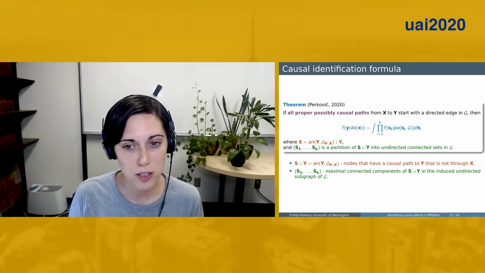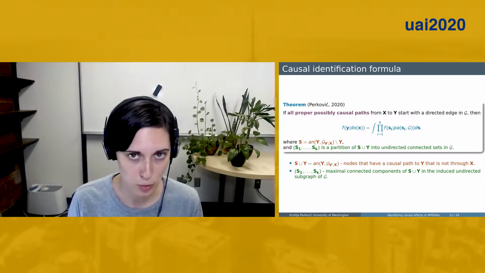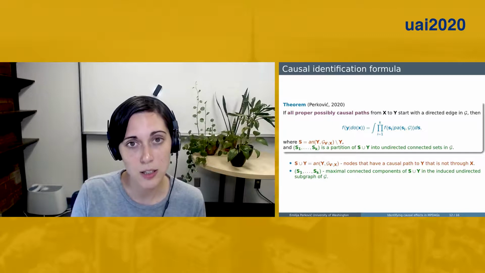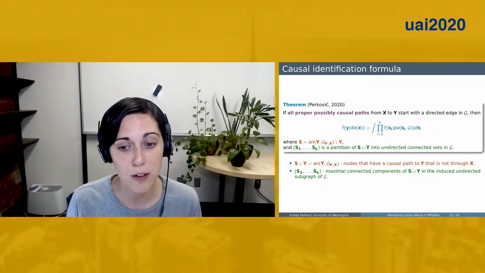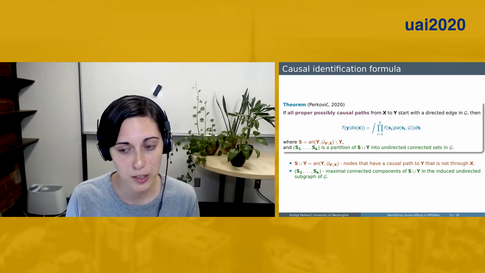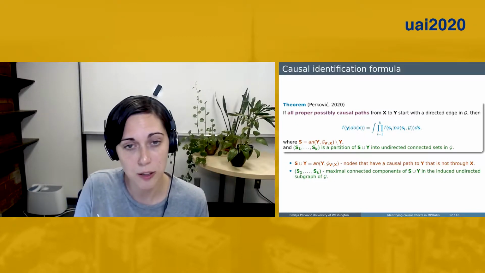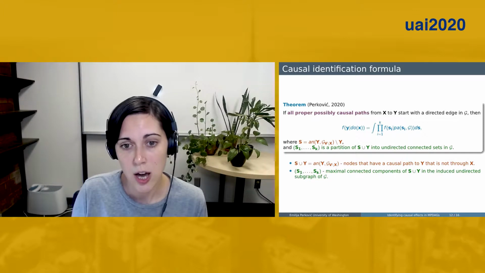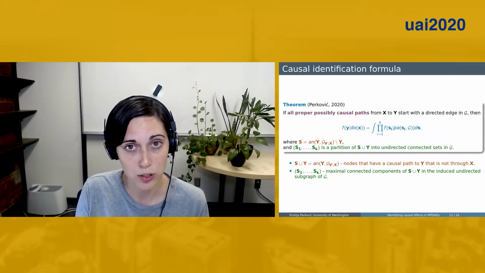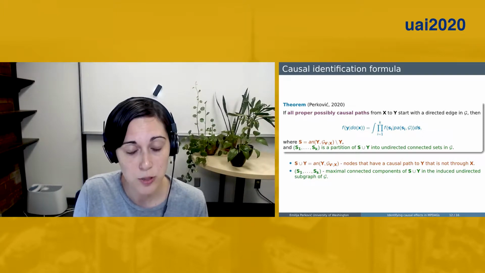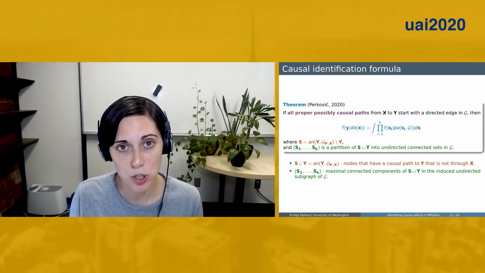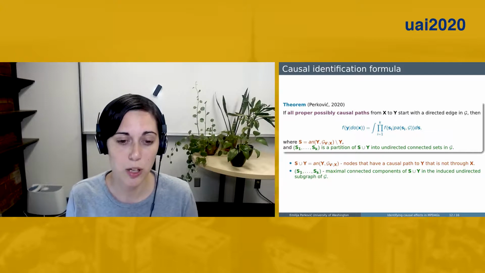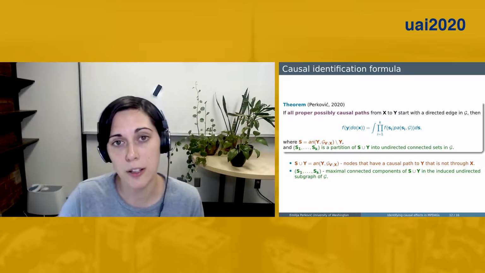You can see that this decomposition looks very much like the G formula, except that this set S that we are now integrating over is the set of all nodes or variables that have a causal path to Y that is not through X. And you can see that the factors in the factorization are, first of all, sets and not just single nodes or variables. And also this represents a decomposition of the set S into connected components in the undirected subgraph